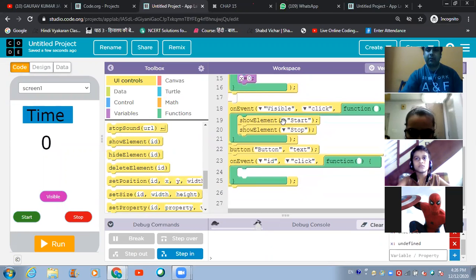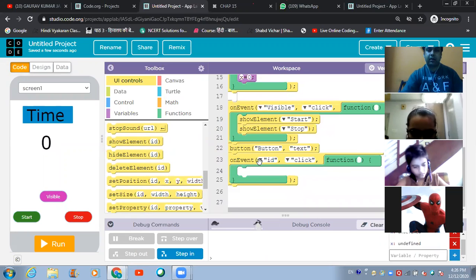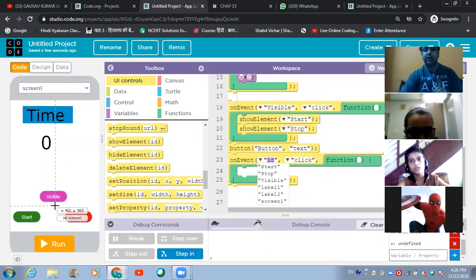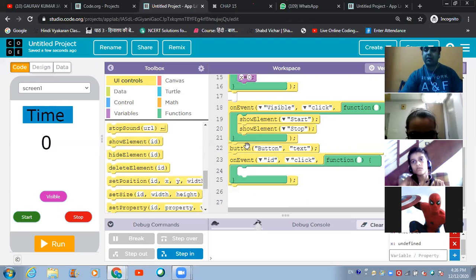Now I'm coming down, and here when you click on this ID, what is going to happen? You will be able to see all the IDs of all the buttons which you have created during the designing time. But you will not be able to see the ID of this button which we have created just now. So this dynamic button's ID will not be visible to you. So that is the reason, for coding this button that you have created here,